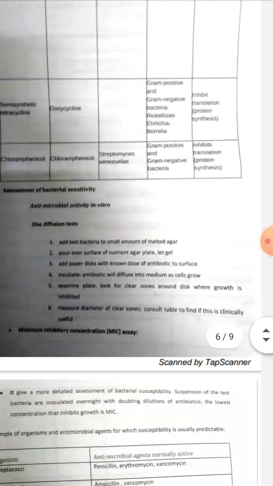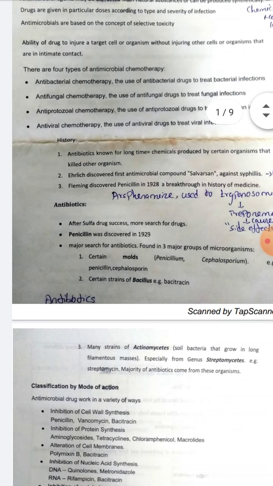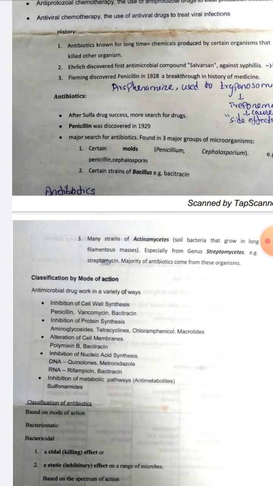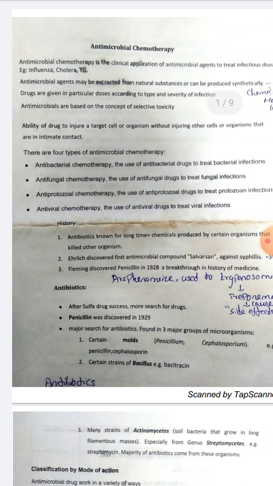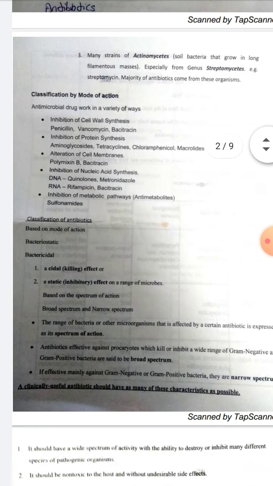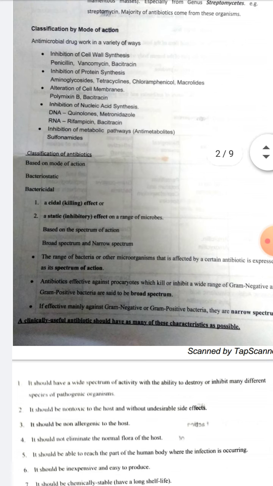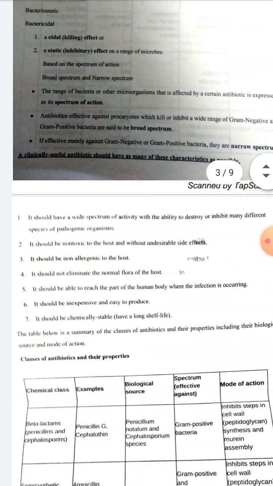So it's a very important question in antimicrobial chemotherapy. You just need to be very thorough on this. You write a synopsis before writing the answer, you just write the synopsis, the headings. You can put a lot of headings, so you can just put the headings. Write the definition of antimicrobial chemotherapy, write about the mode of action, then classification of antibiotics, bacteriostatic, bactericidal, broad spectrum, narrow spectrum, classes, characteristics of antibiotics,